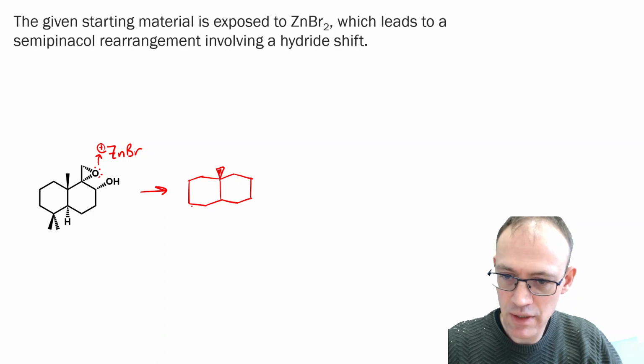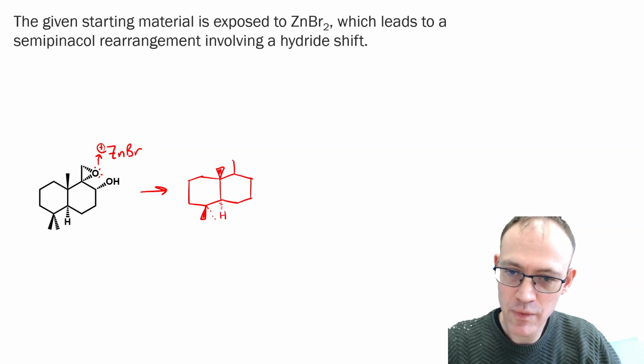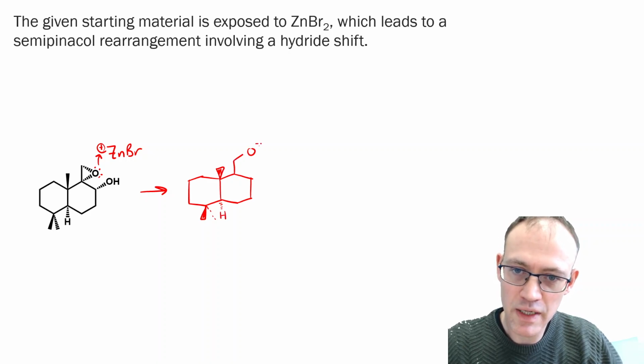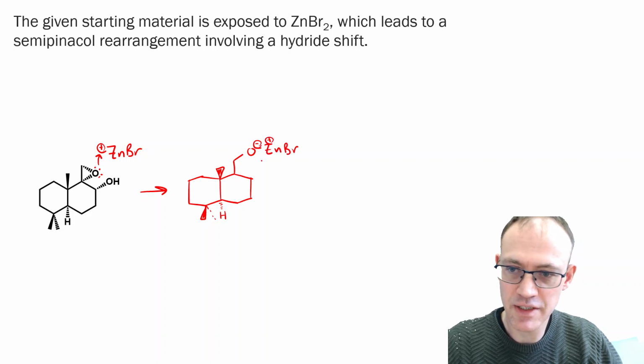Just a second while I copy the rest of the molecule. So I have my O minus forming a complex with my positive ZnBr over here, and I now have a